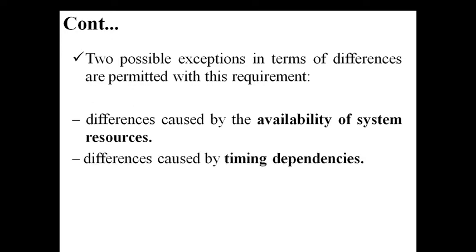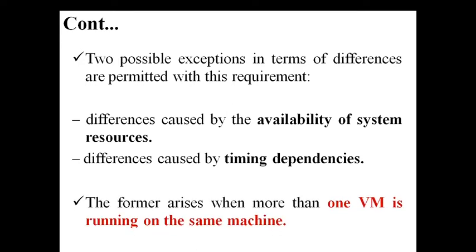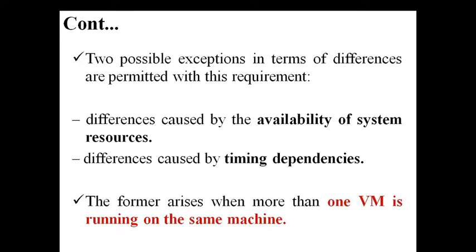So that is the first thing we have to cope with. The second problem is timing dependency, because there is an interaction between the host OS and the guest OS. Both OS's performance should be at the same level. If our OS is very fast but the VM is very slow, or vice versa, then what happens? The user may not get the output in the required time. So these two issues we have to resolve in the implementation of any VMM, right? That is the main concept we have to consider.